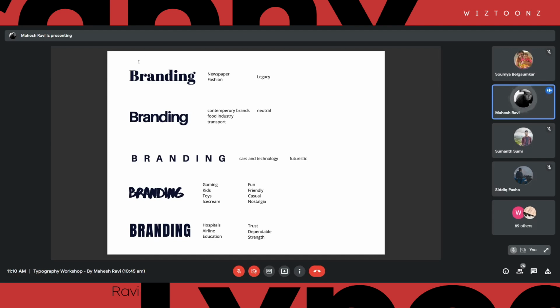But when you look at it, you can see that the personality of each of these words is different, right? If a contemporary brand comes into your mind, something like Uber, or something very common like Swiggy or Airbnb, a contemporary, people-friendly brand will come to your mind because most brands are actually using that.